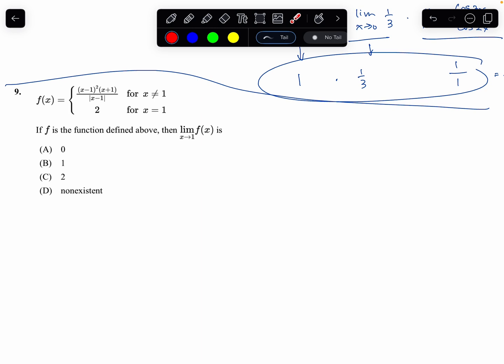So if I'm taking a look at this function, this is pretty much the function for pretty much the entire domain, except at x equals 1, where it's going to be something different. It's going to be 2 at that point. So, little trick here that I always tell people is that whenever you have an absolute value function in your graph, you can always make that into a piecewise function, because, well,